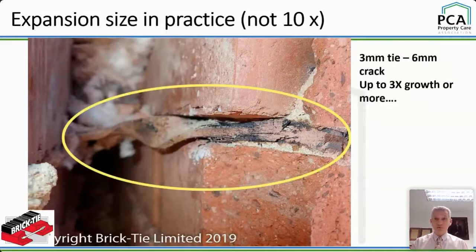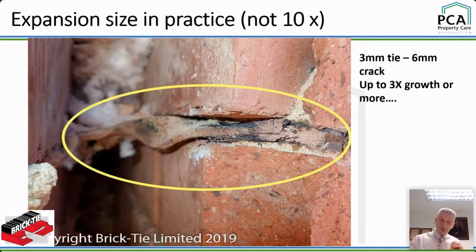So this is probably one of the photographs we were talking about earlier. It just shows it nicely. You can see how fat that tie's become as it's expanded. It's constrained by the weight of the wall, but it's a chemical reaction. You won't stop it. It only needs water and oxygen to happen. There's plenty of that about. So you get this splitting, okay? And that weakens the wall, all right? It weakens it considerably, even though it's not initially disturbing the inner leaf.